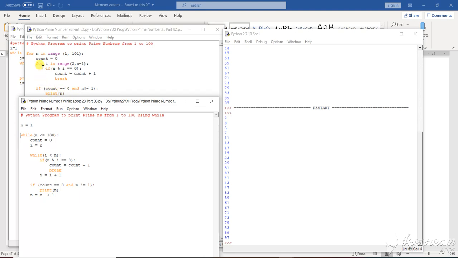So this is for the for and if. Here I have used while, both the while and one if. The if condition is the last condition, and this if condition has been utilized here. But here the major changes have been done. See these particular changes, the same thing that is written here is also written here, but in a different way or manner. Here it started from 2, then n minus 1.